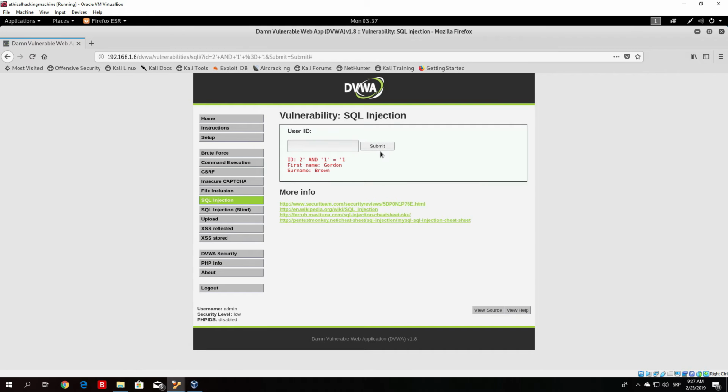So if we just type here submit, you can see that it just printed Gordon Brown, which is the username under ID 2, and it also checked if 1 equals 1, and since that is true, it didn't give us any error. But let's do the same thing,